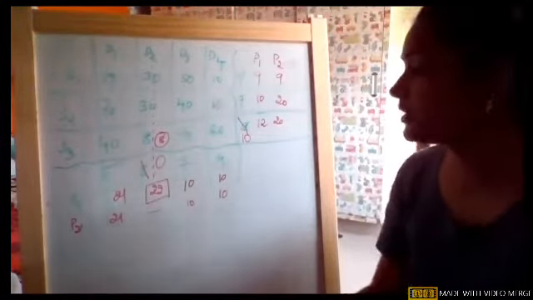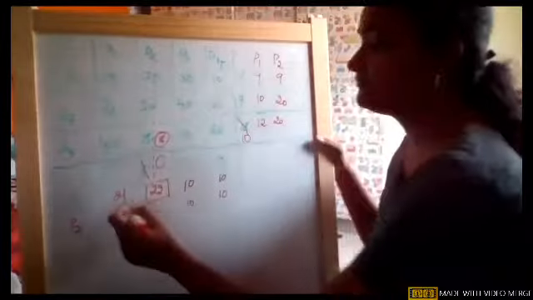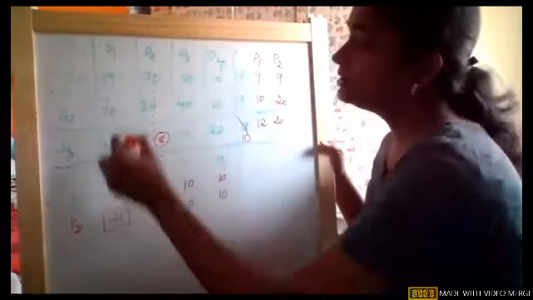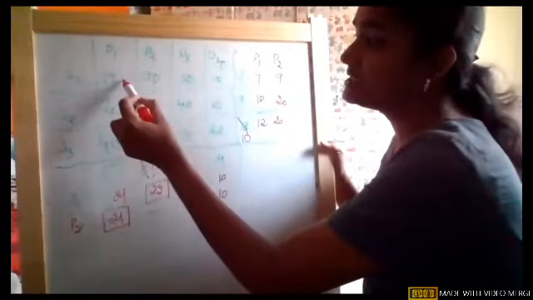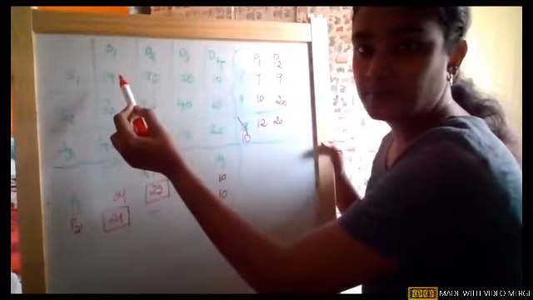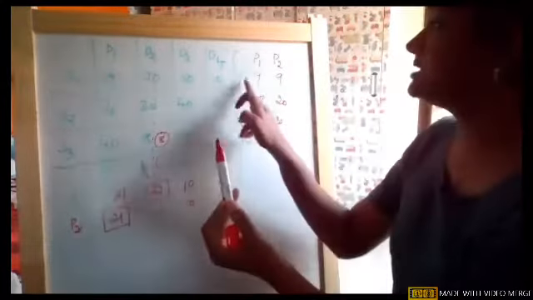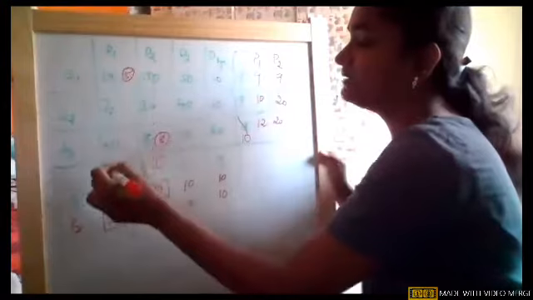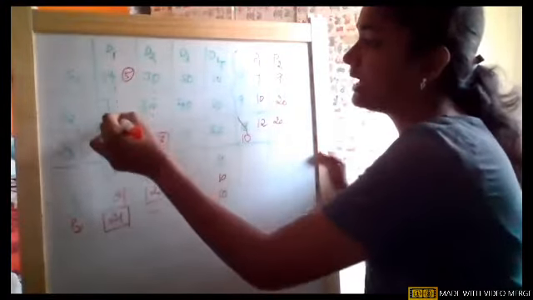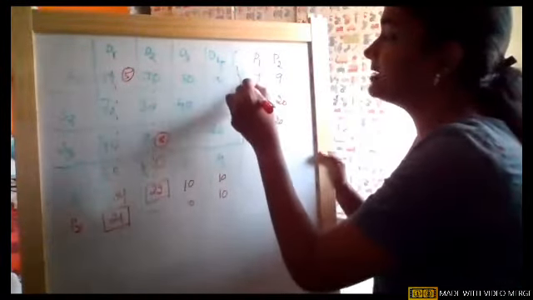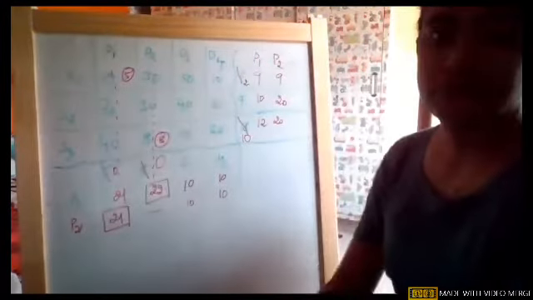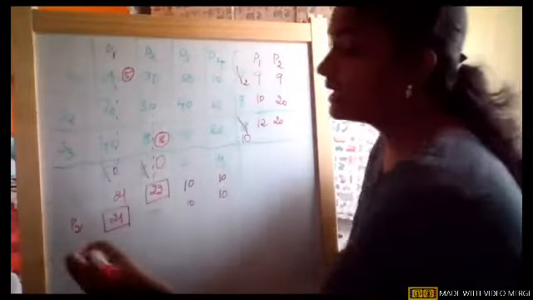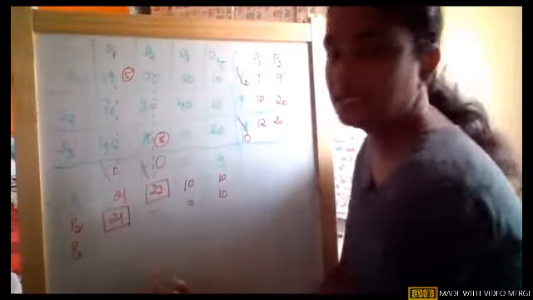Now again the same process, pick the highest penalty. So from P2, the highest penalty is 21. So go to that particular first column. What is the lowest value here? It is 19. Okay. So near 19, you check the supply and demand. There are 7 and 5. So the lowest value you allocate 5. 5 minus 5 it is 0, and first column is gone. And 7 minus 5 it is 2. Am I clear? Now first column is gone. Second column is gone. Now again start finding out the penalty 3.